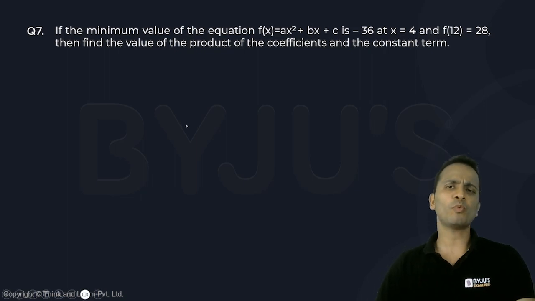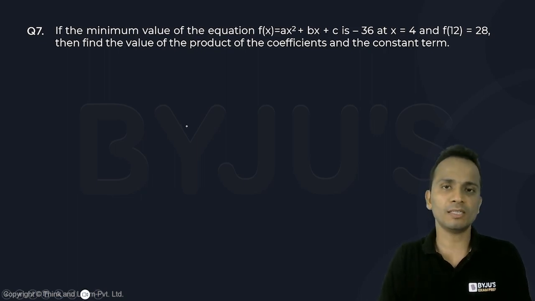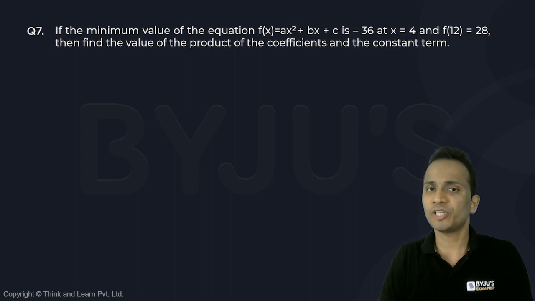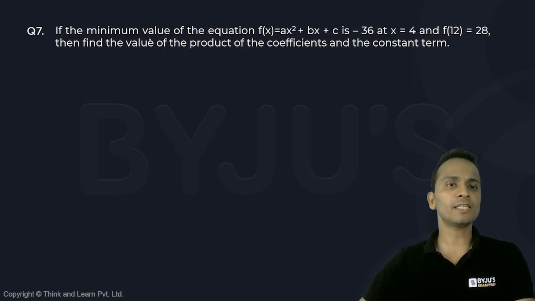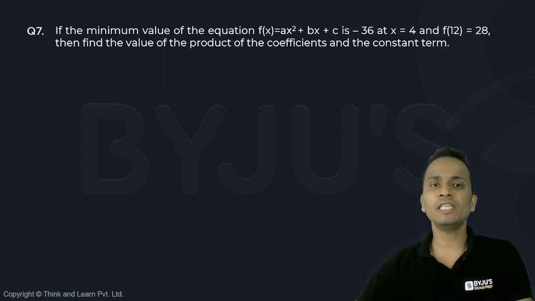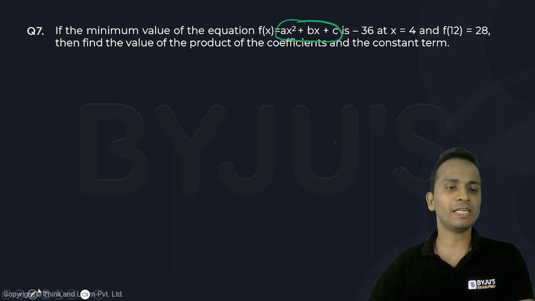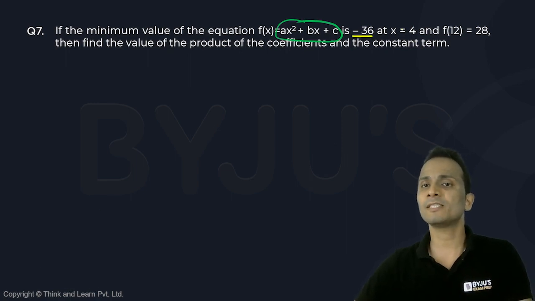Again, an easy question provided you know some of the direct formulas of quadratic expressions, the formulas related to the maxima and minima of quadratic expressions. In this case, it is given that the minimum value of the equation ax square plus bx plus c, that means the minimum value of this quadratic, is minus 36 at x equal